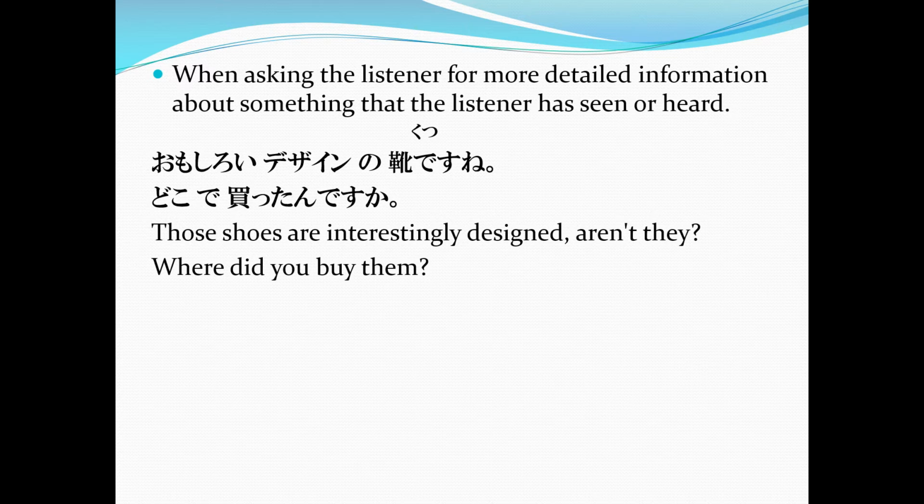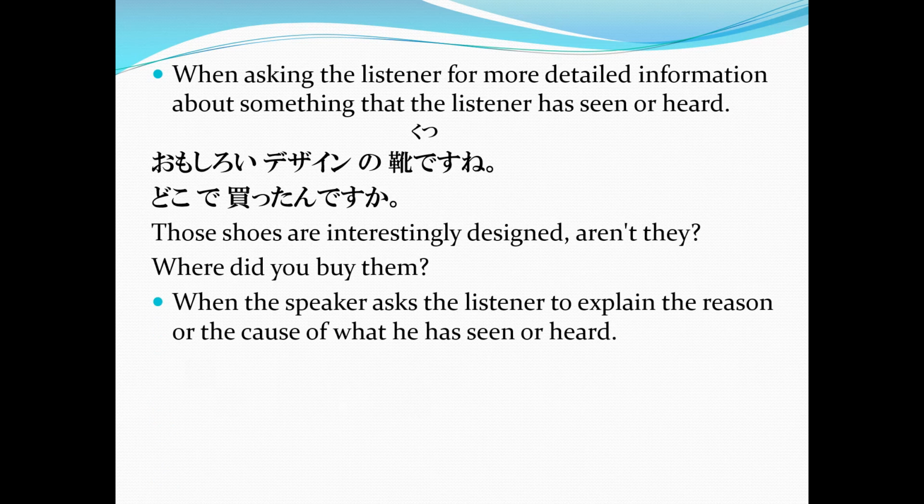Okay? Now, another way of using desu ka is when the speaker asks the listener to explain the reason or the cause of what he has seen or heard. Now, in this situation, the speaker is asking the listener to explain the reason for something that has happened already. Again, that has happened already. Example,